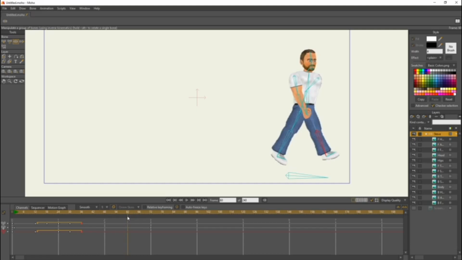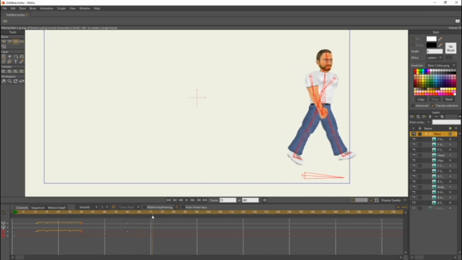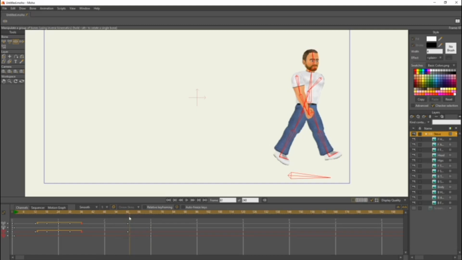So at frame 60, we're going to hit Control A. And what Control A does is it selects all the bones on the screen. And now we're going to hit Control V, so it freezes all those bones in place. So now they freeze in place after frame 60.